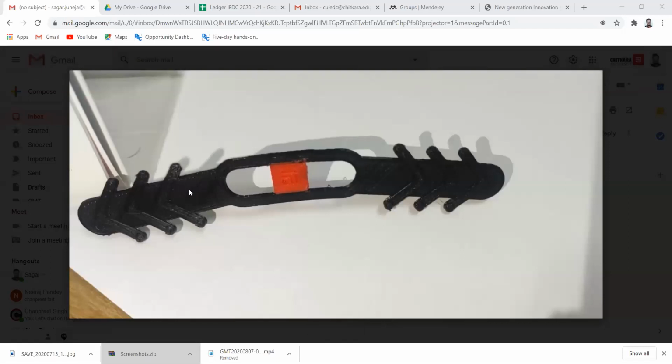As you can see, the entire body is printed in black color, and in the center, the Chitkara University emblem is printed in red color. So this is an example of dual color printing. It was carried out in the same way in which Ashwarika has just carried out a design and then did the dual color printing. So I hope it is clear how dual color printing can be used. All right, Ashwarika, you can take back the control.